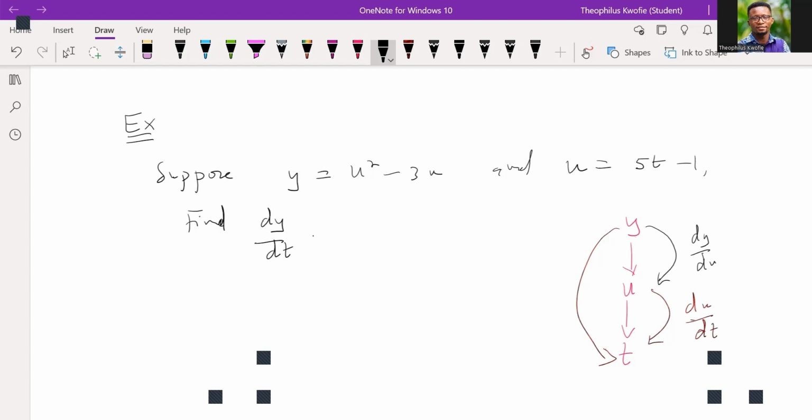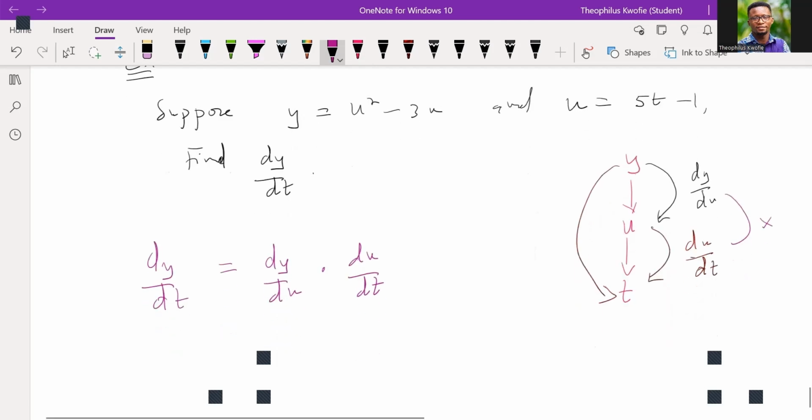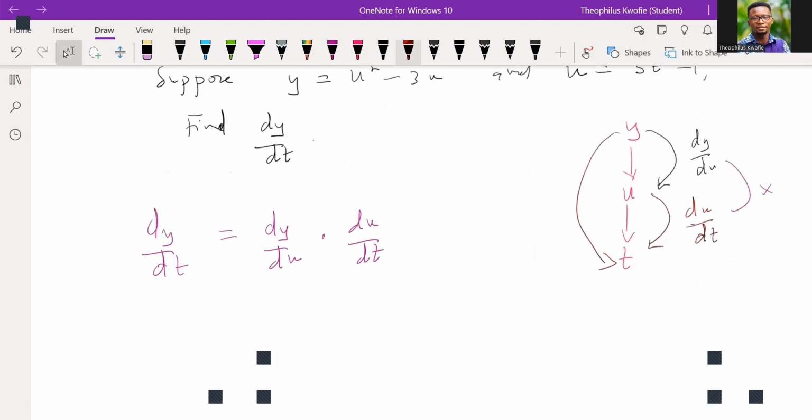So now, as I mentioned, for us to do that, it just means that at this point, what we do is that you're just going to multiply these two results. So for us to find our dy/dt, you're going to have what? Our dy/du times du/dt. I hope we are okay. In which case, we will have to find